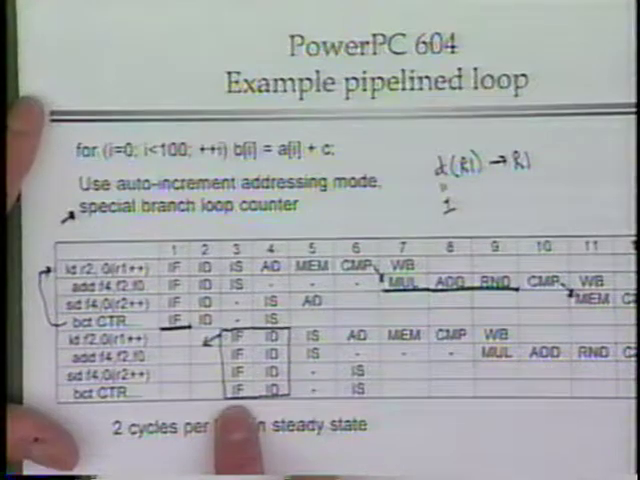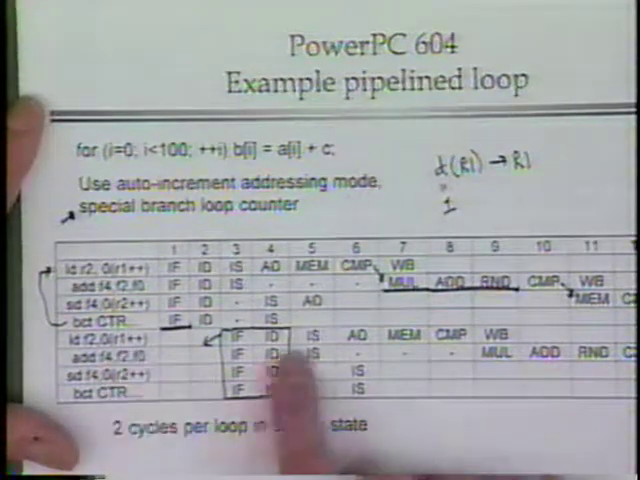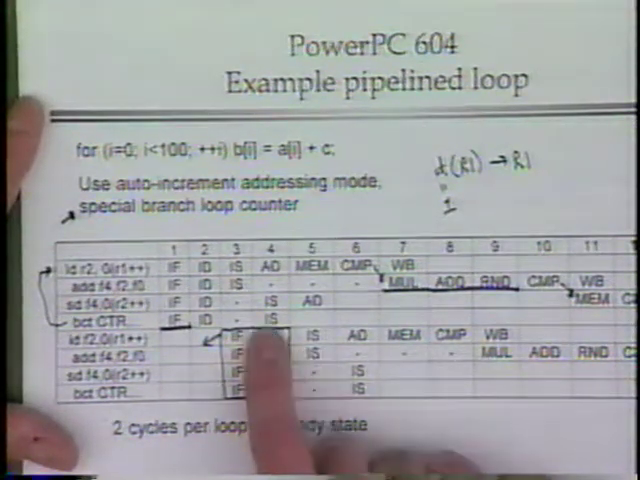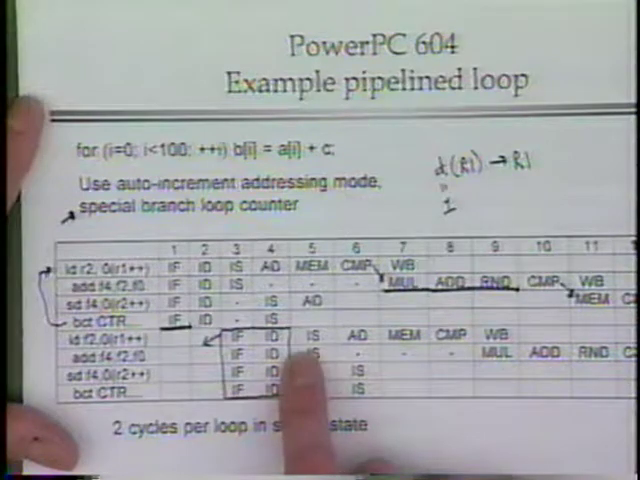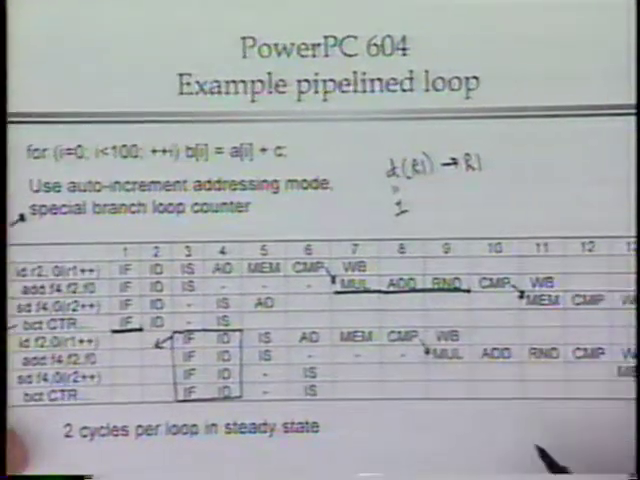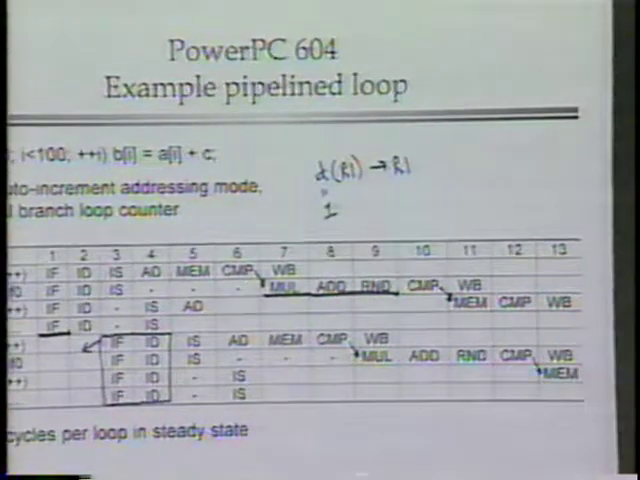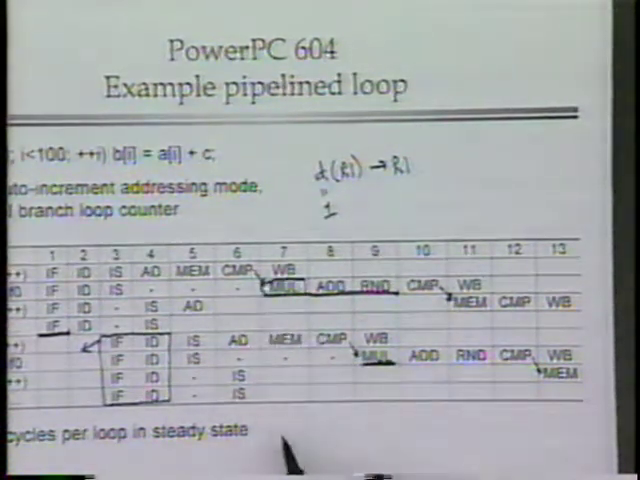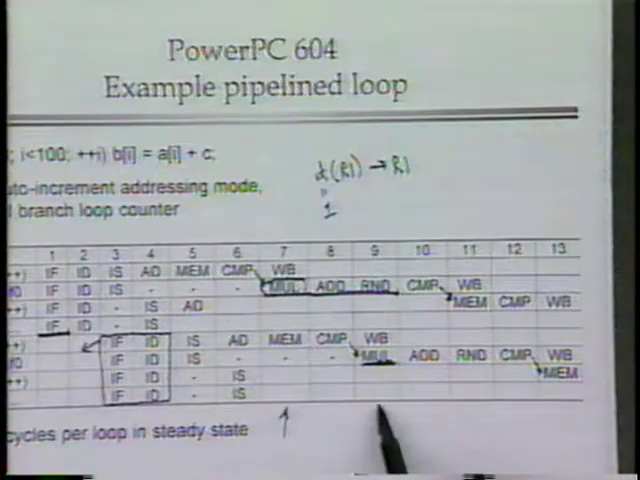We're not going to be able to go any faster because this load can't get issued until cycle 5. It's got to issue after the branch. It proceeds in order. We've got the same read after write hazard here, the same read after write hazard here. And at this point, you can see, by looking at multiply versus multiply, for example, that the steady state for this loop is 2 cycles per loop,